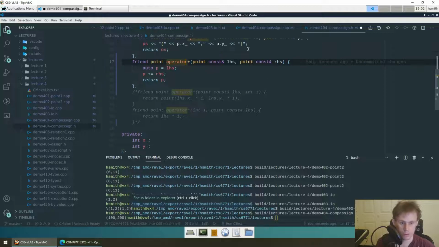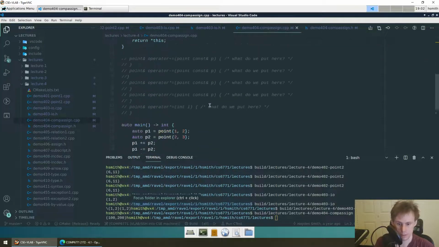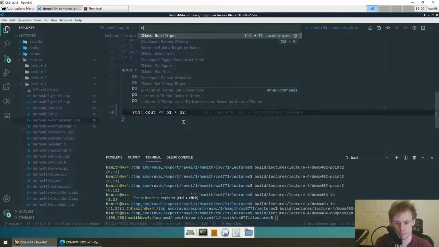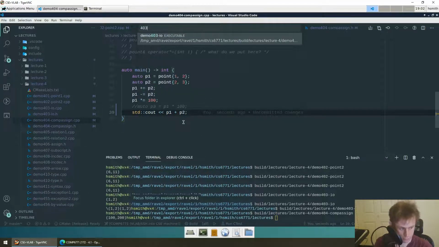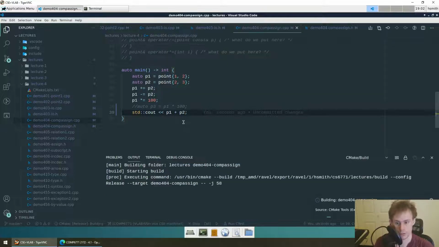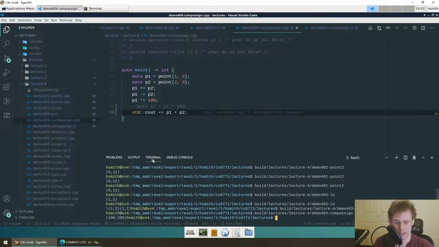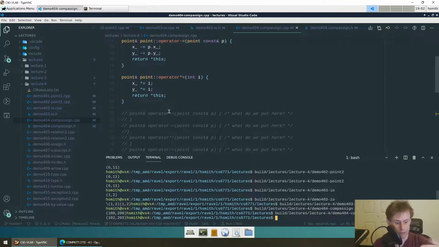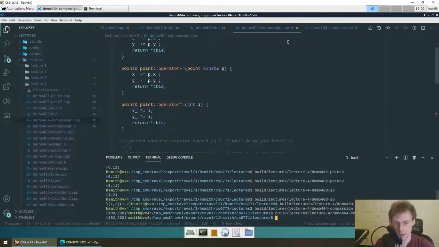Now, this probably won't compile because I probably made some kind of trivial mistake, but we could try it out. I could try printing out P1 plus P2 here. 404. Perfect. Okay, that works. And then it added them together, right? Because we're bootstrapping. We're reusing the same kind of